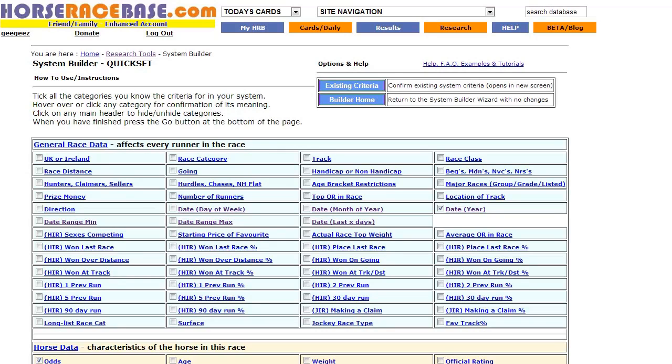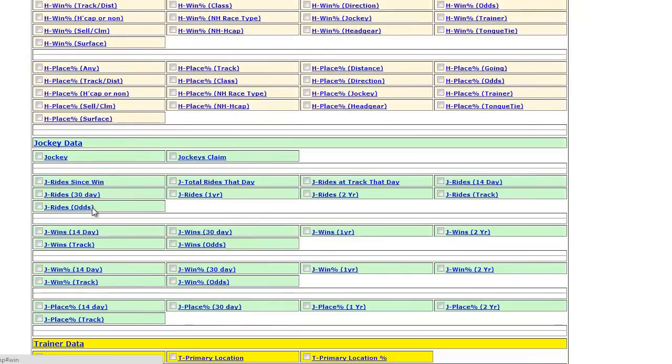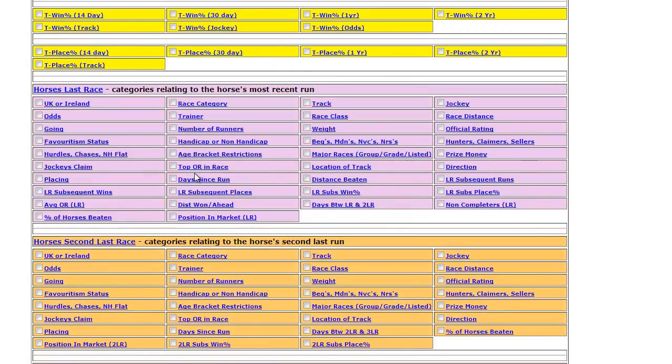Strangely, over here, although it's often noted that one of the top jockeys is riding a horse maybe for the first time, or certainly wasn't riding last time, there does still seem to be some value in the market betting these horses. So what I'm going to do is use Ryan Moore, Richard Hughes and Kieran Fallon as my jockeys of note to be in the saddle today. 12 to 1 again, and a different jockey last time out. So I need to choose jockey and horses last race,